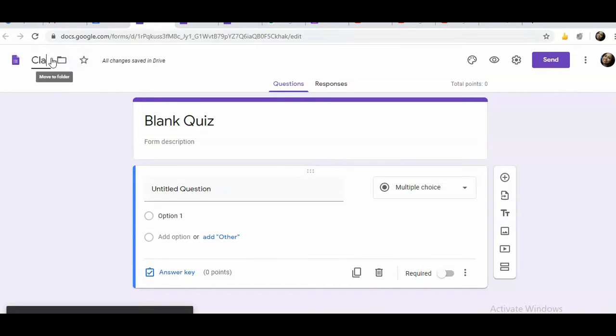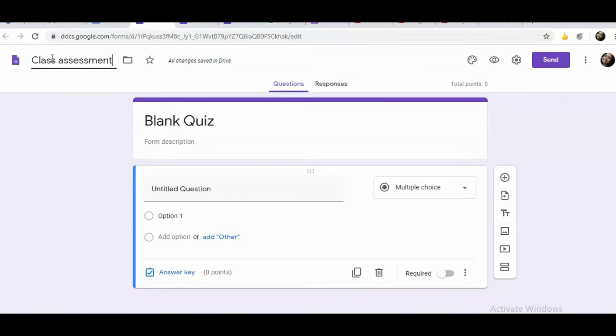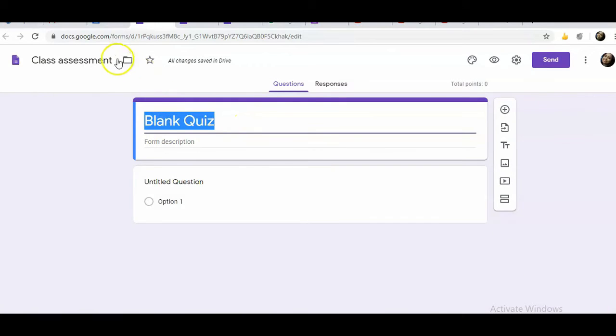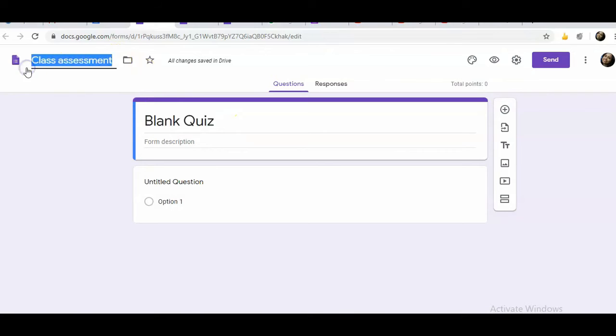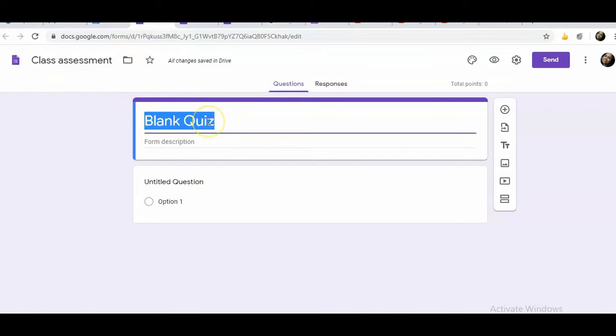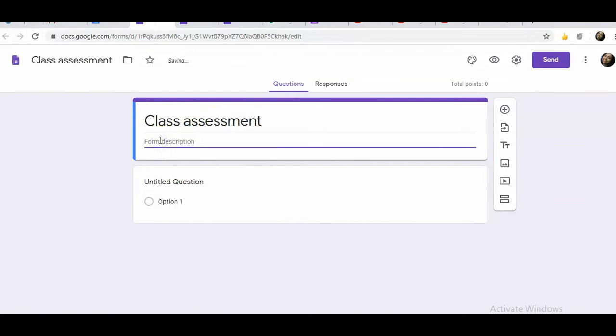So let us give a name of this form as class assessment, and here also we will give the name as class assessment. Okay, so again we will put some description of this form, as this is the class test